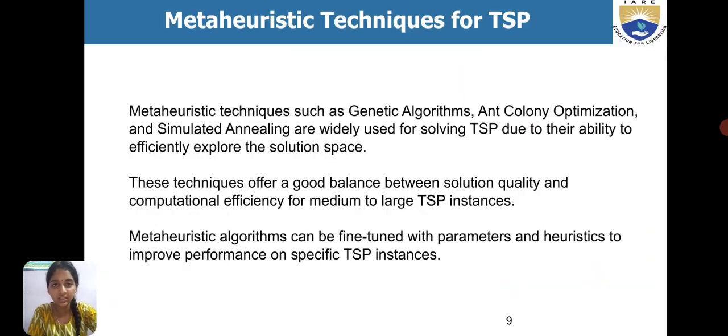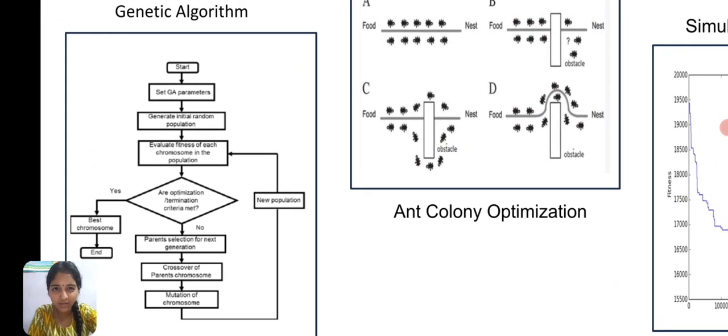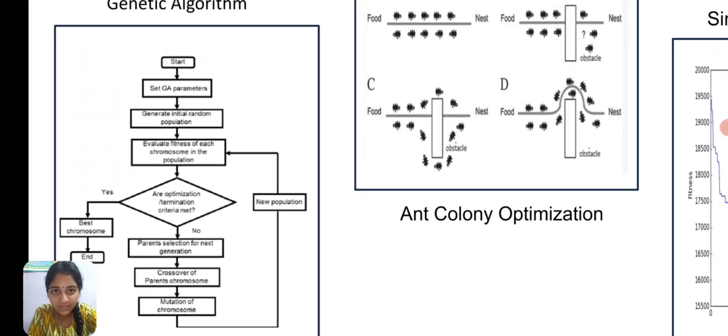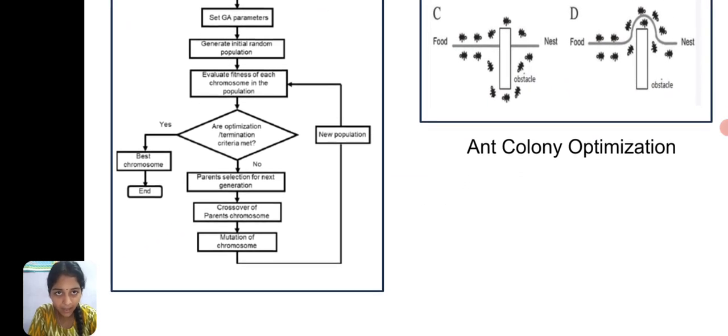So here you can see the genetic algorithm. It's a type of flowchart, and here we can see the start option, then set GA parameters, and generate initial random population and so on. There is a yes or no for the optimization. If it is optimized, we get the best chromosome. If not, here we can see the parent selection for the next generation, crossover of parent chromosomes, and mutation of